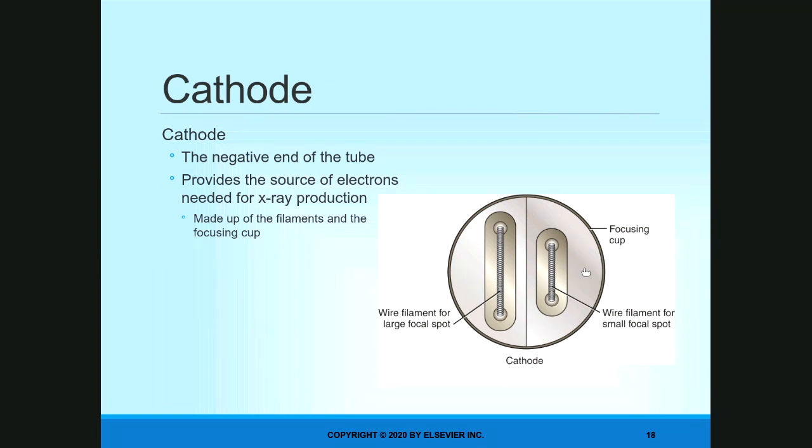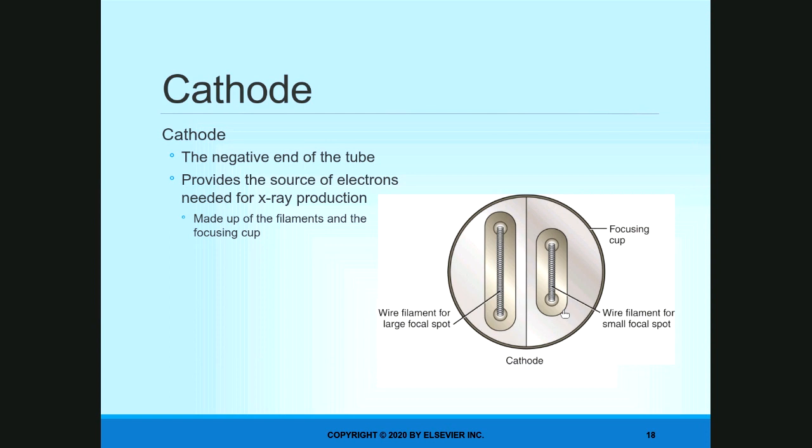But if you look at it from the front, you can see that this particular cathode has two filaments. We call this a large filament, and we call this the small filament. What these correlate to is large focal spot and small focal spot. If you remember from our last discussion, the focal spot has to do with the resolution of the image, how sharp and clear it is, because that's the actual spot on the anode where the electrons